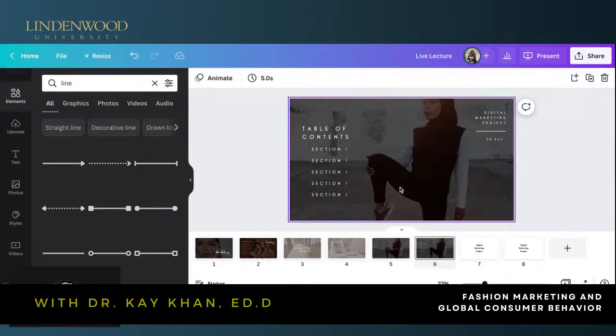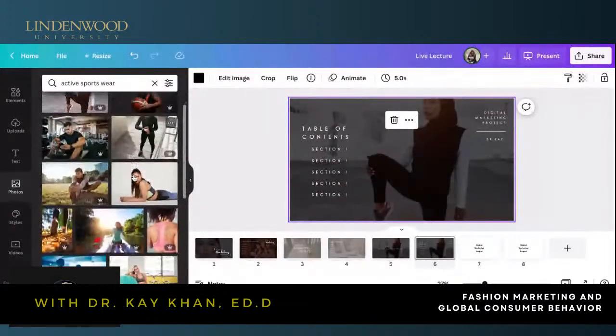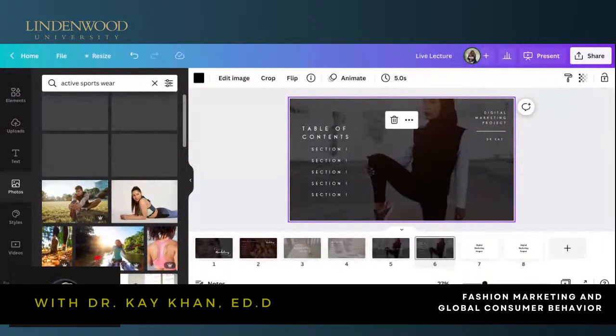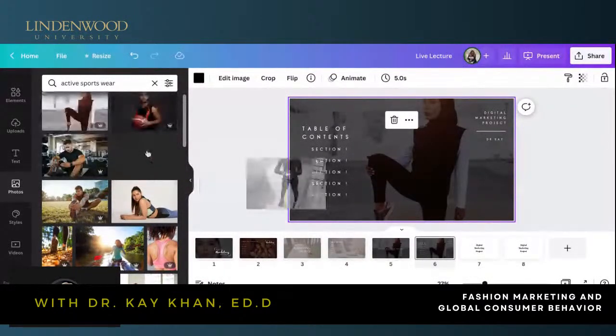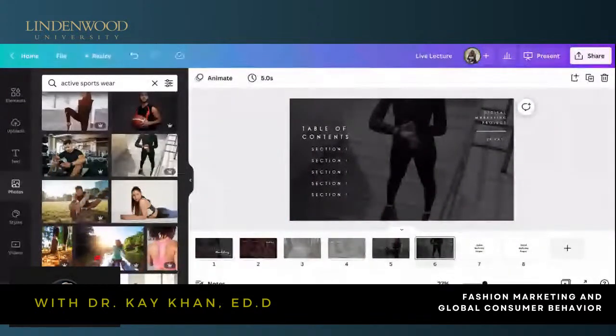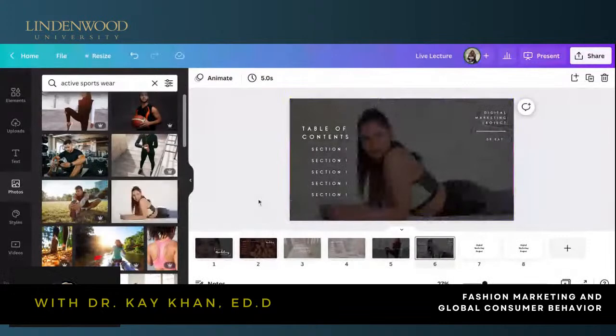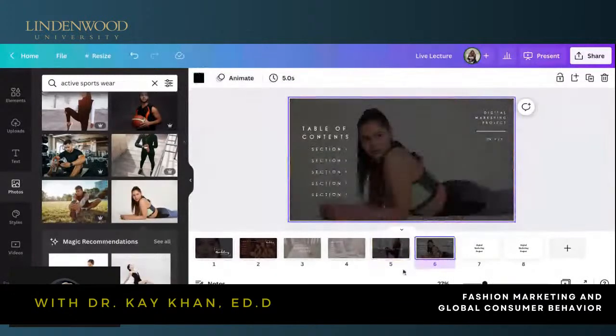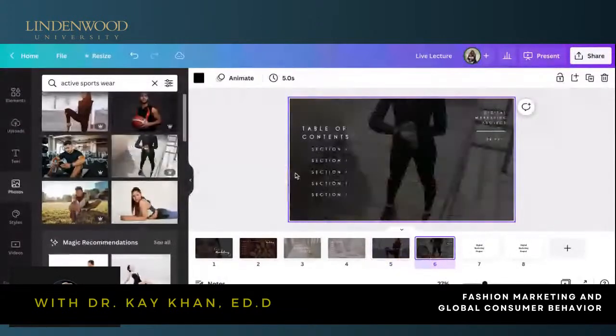All right, so I'm going to change the woman in the back. Let me go to photos and see if I can find anybody else that's giving that same aesthetic. I think this person is outside and it's giving me the same aesthetic. So when you guys are picking your pictures, you want to pick pictures that look like they're from the same photo shoot. If I put this picture there, it's like a random chick. They're not giving the same photo shoot and same campaign. So think of it as one campaign. Find pictures that are similar, that seem like the same styling was happening, same camera crew, all that.